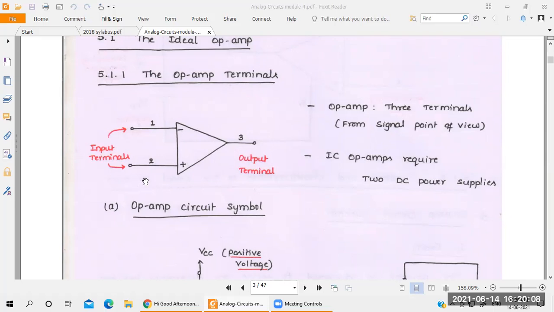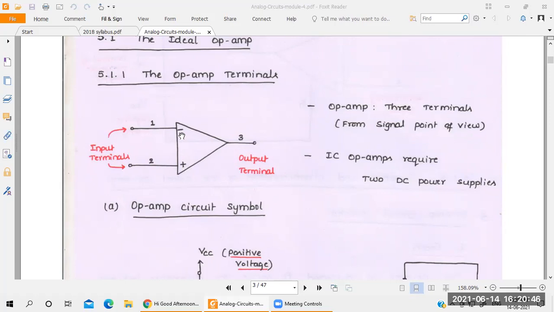Come to the input. Total how many inputs are there here? 1 and 2. Why did they give 1 and 2 here? Because these two have different signs. Okay, the op-amp has two different signs here, minus and plus. Suppose if you connect the input to the plus here, it acts as a non-inverting amplifier. Suppose if you apply the input to the negative sign here, it acts as what here? Inverting amplifier. Okay, so the important thing here is what?